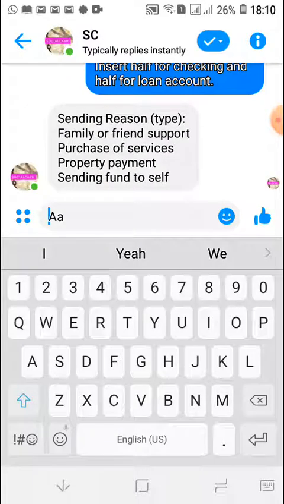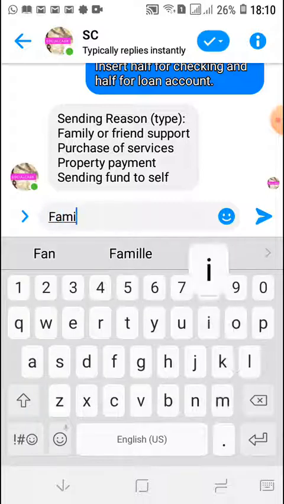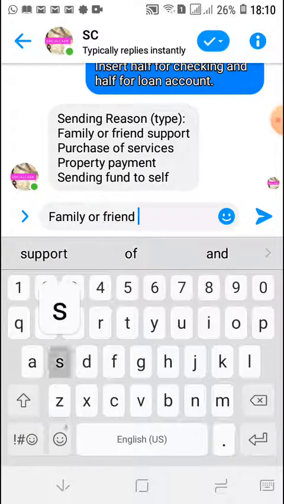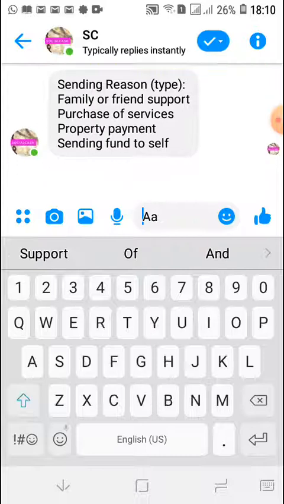Now sending reason, this is important. You need to choose one of these four options. Either you're sending this to a family or friend, or you're purchasing services, or you're doing a property payment, or you're sending funds to self. Since I'm sending it to my friend, I'm going to type in family or friend support, and then click